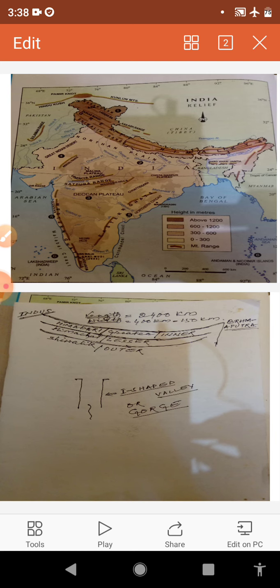And the part of the Himalaya lying between the Kali and Tista rivers is known as Nepal Himalaya, and the fourth section, lying between the Tista and the Dihang rivers, is known as Assam Himalayas. So these are the demarcations of the Himalayas from west to east. So this is all about the Himalayas,